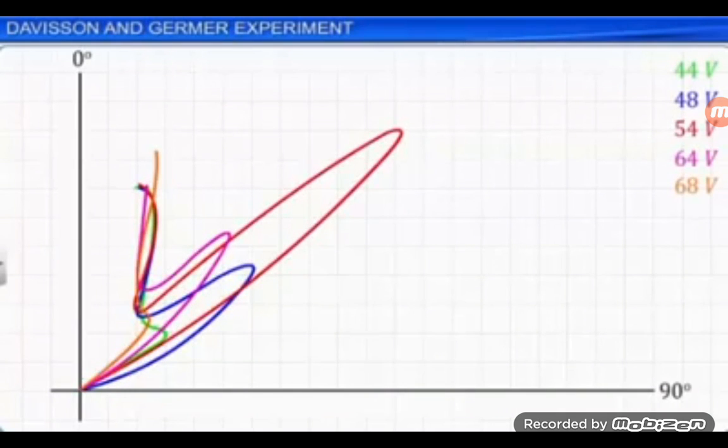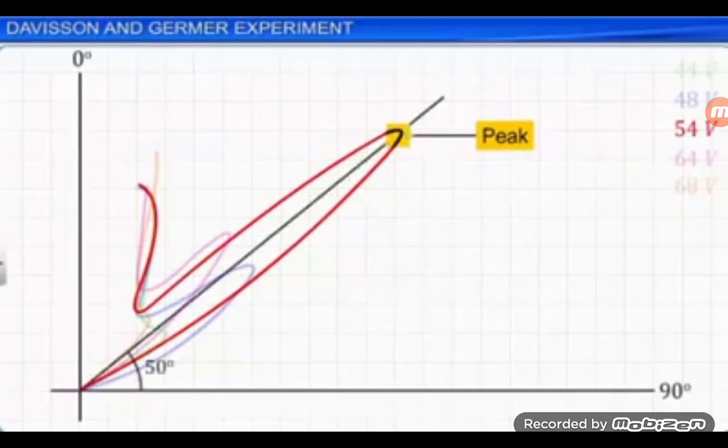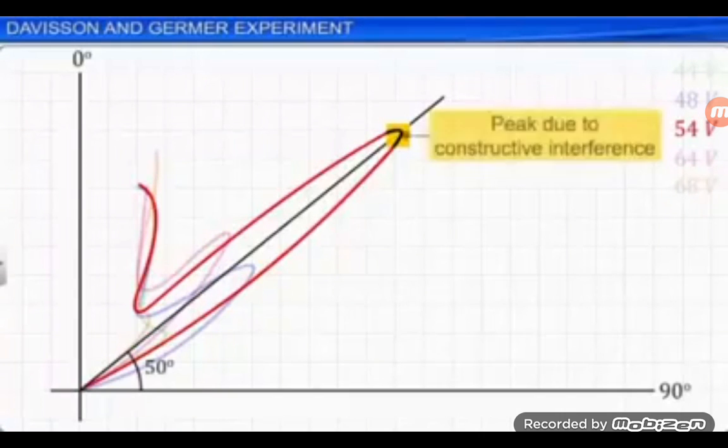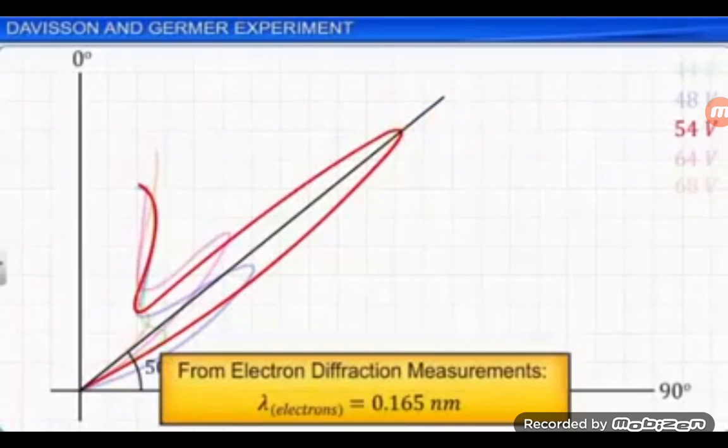It was noticed that a strong peak appeared in the intensity I of the scattered electrons at an accelerating voltage of 54 volt and at a scattering angle theta equal to 50 degrees. The appearance of the peak in a particular direction is due to the constructive interference of electrons scattered from different layers of the regularly spaced atoms of the crystal. From electron diffraction measurements, the wavelength of matter waves was found to be